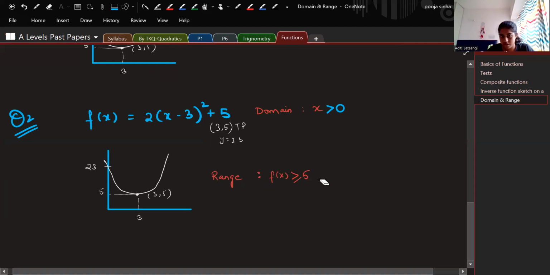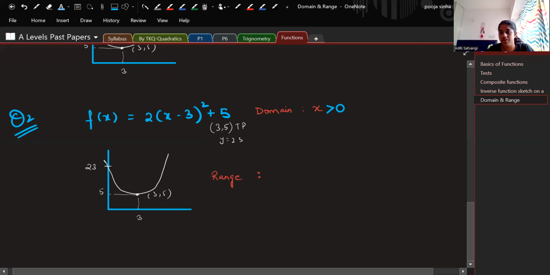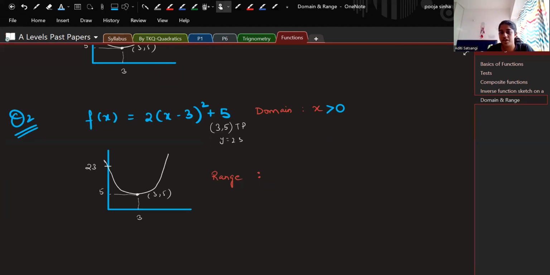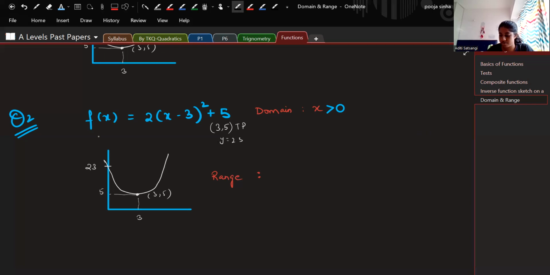Will the domain remain the same? Will the range remain the same because the domain has changed? Right? Because x is greater than 0. So the range would change. The range is going to change. So what am I talking about right now? If you look at the question,